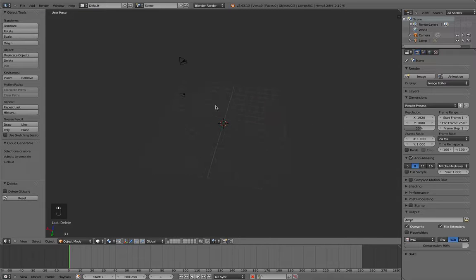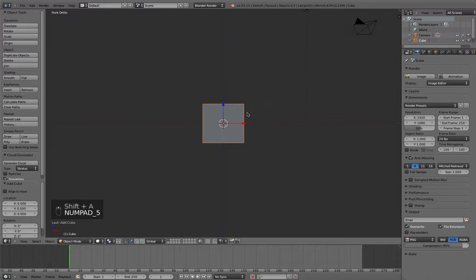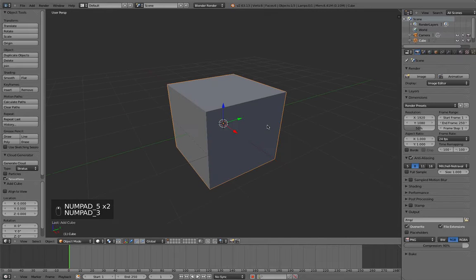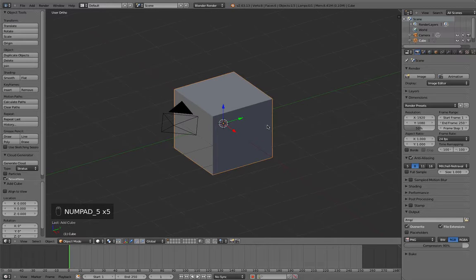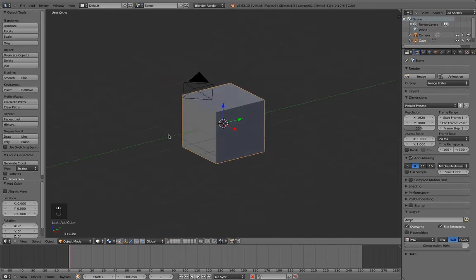Now the basic controls to navigate around the 3D interface are scroll to zoom, then on the keyboard, number 1 on the numpad for front view, 7 for top view, 3 for side view, and 5 to toggle perspective orthographic, which you can't really see now, but if I go back into front view and add back a cube and press 5, you can now see it just changes slightly the way we see things. So on 5 it's going to be more of a drawing board grid layout sort of view, and basically it allows you to see everything that's on the plane of view